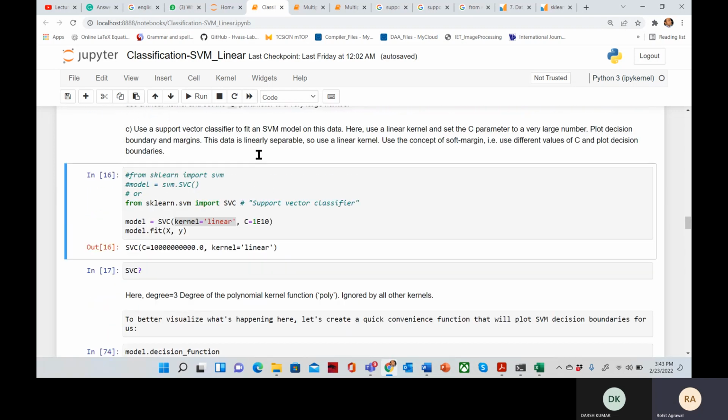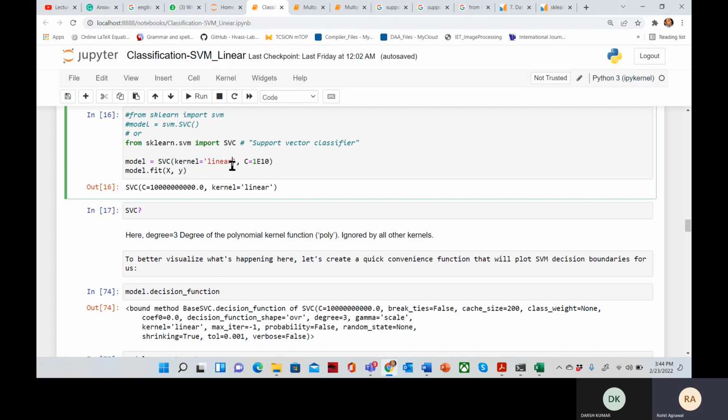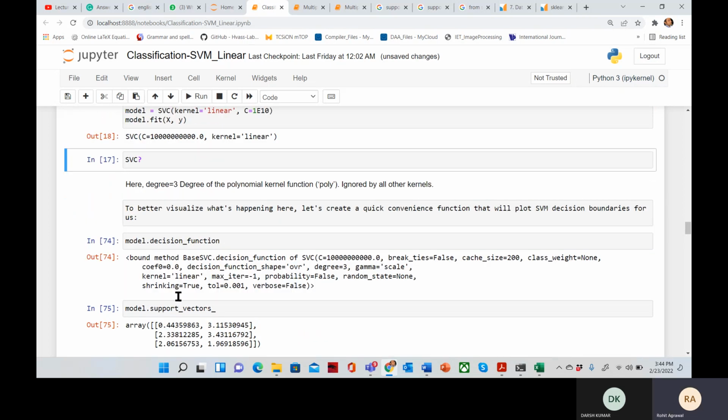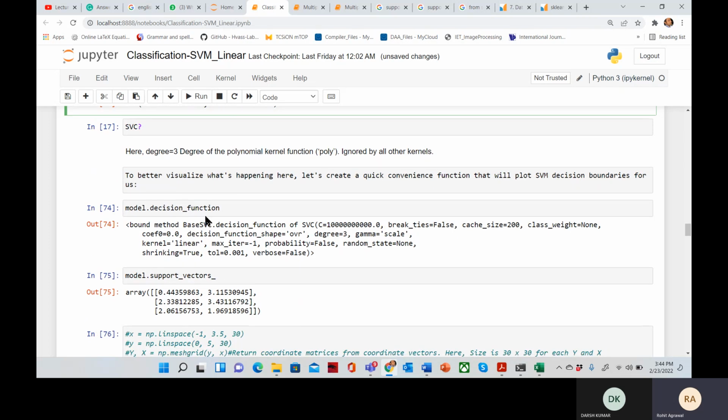So this one is clear. We are using the support vector classifier. We are using a linear kernel and we are using the parameter C equal to 10 to the power 10. Clear this one? Yes, sir. So this we already used. Now this is our model. We fit our data x comma y. So after fitting,